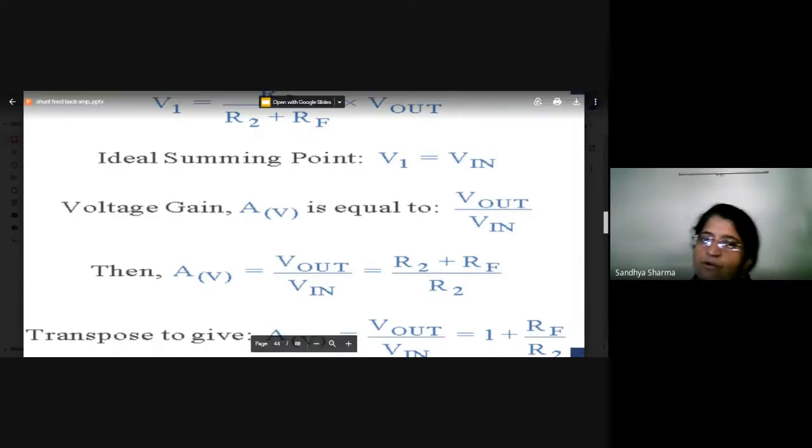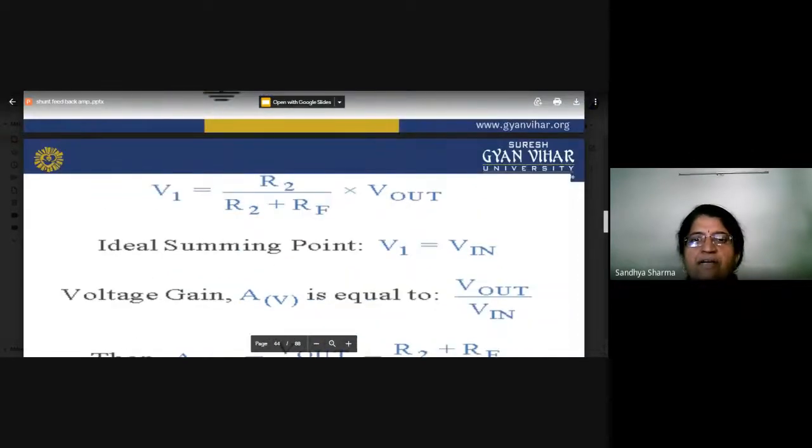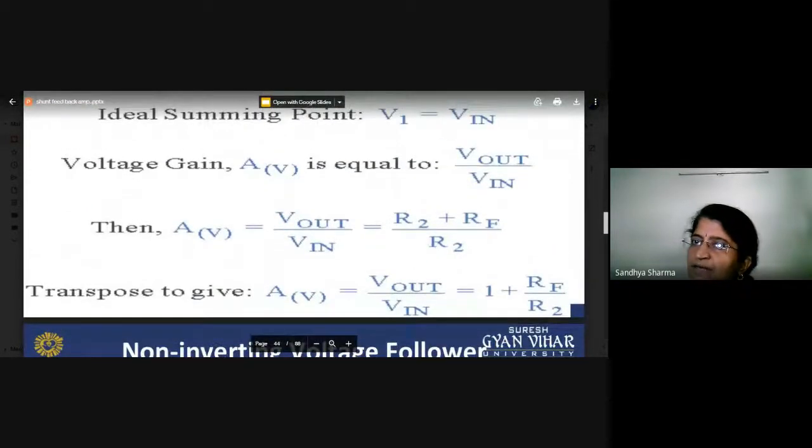If we talk about the total voltage gain AV, it is equal to V output upon VIN. And what is VIN? VIN is equal to V1, which you have already calculated using R2. So you have to put in the value of V1. Now what do we achieve? The total voltage gain A is equal to 1 plus Rf by R2, where Rf is the feedback resistance. This shows which parameters the voltage gain of your non-inverting amplifier depends on. This is the basic calculation part.